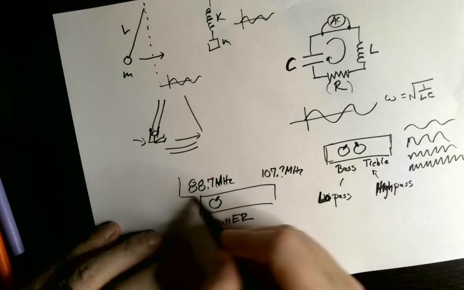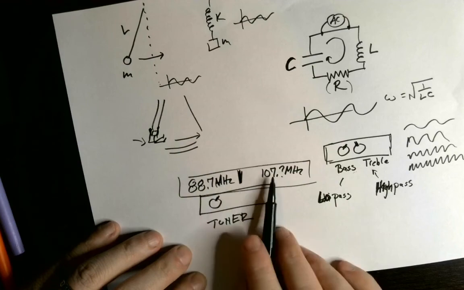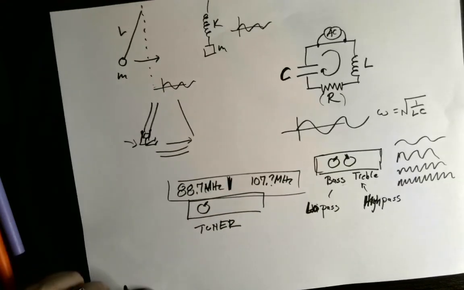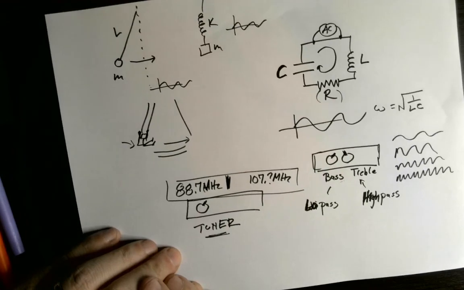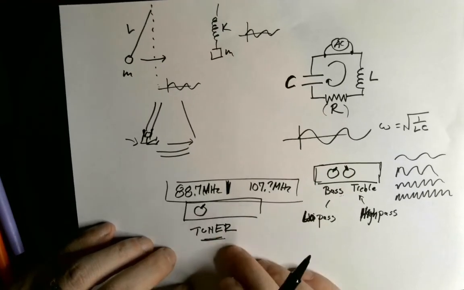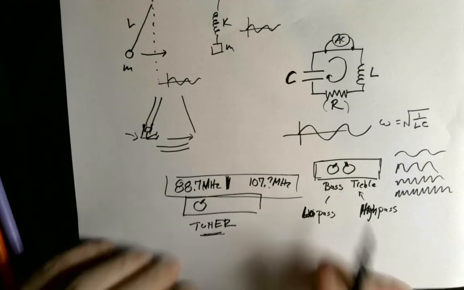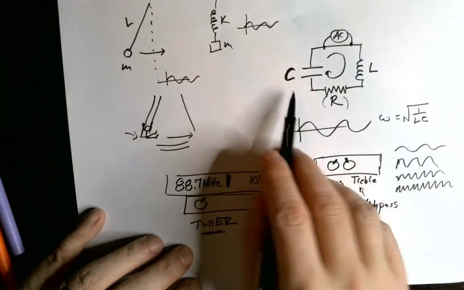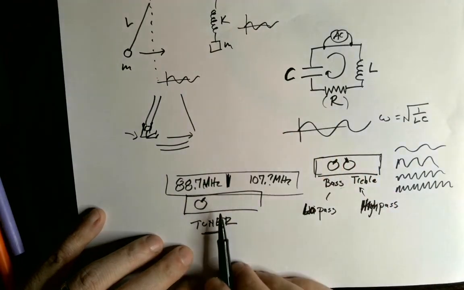And there was an actual physical thing that moved back and forth when you turned this knob. What were you doing when you changed that tuner knob? Nowadays, again, you're just telling a digital circuit to do something different. But in the olden days, you were actually physically changing the capacitance of a capacitor in a circuit